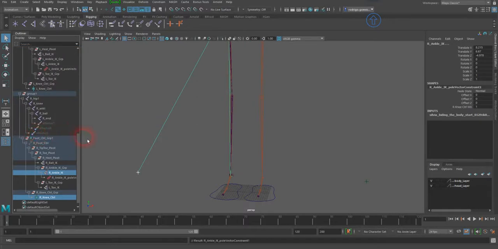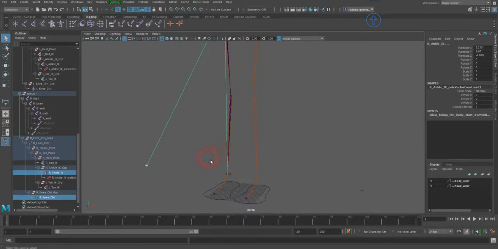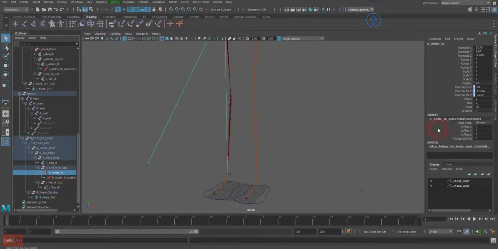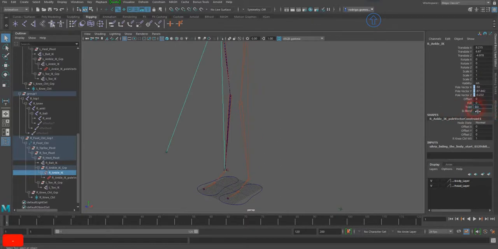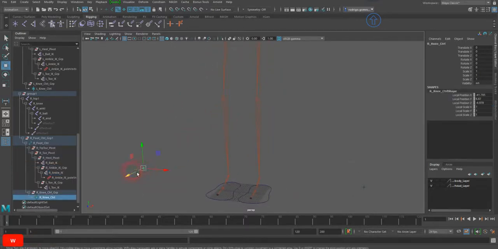There we go. So that makes it go in that direction. Of course, that flips the knee to the other side. And that means I need to correct the twist of the knee from positive 90 to -90. That way the knee moves forward. Still, it's not working. This object is working here, but we're not going to use it there. We're going to use it